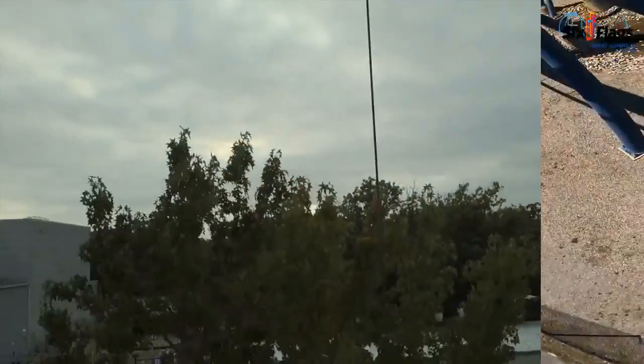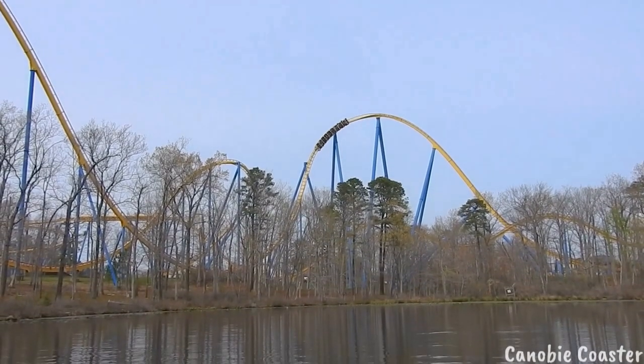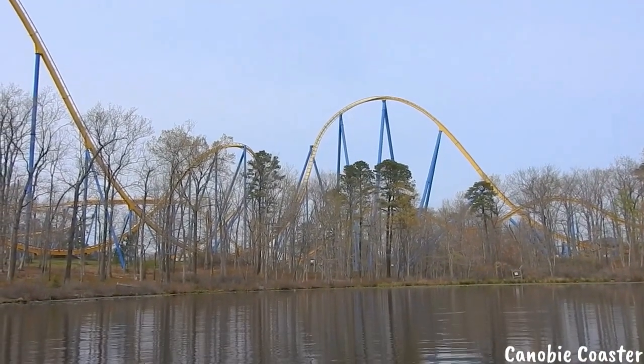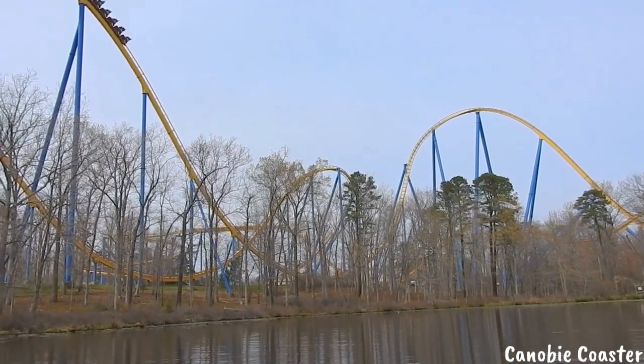Then we headed back over to the right side of the park and got another ride on Batman, Dark Knight, and Dull Mountain. Now after that, I thought that I just had to try out Nitro in the freezing rain, and it certainly did not disappoint. Oh man, was it painful, but oh man, was it freaking amazing. I stayed on Nitro for 10 rides in a row, all the way until the last ride of the night,